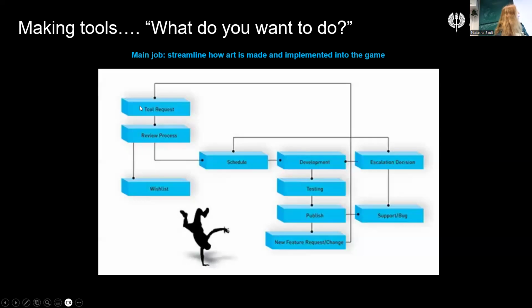That request usually goes to review, mostly to see how much it will add to the schedule or mess up the initial schedule, which needs to be approved by the higher ups. But if it is possible to do it, it goes down into actual development of the tool, and after that to testing and being in use.